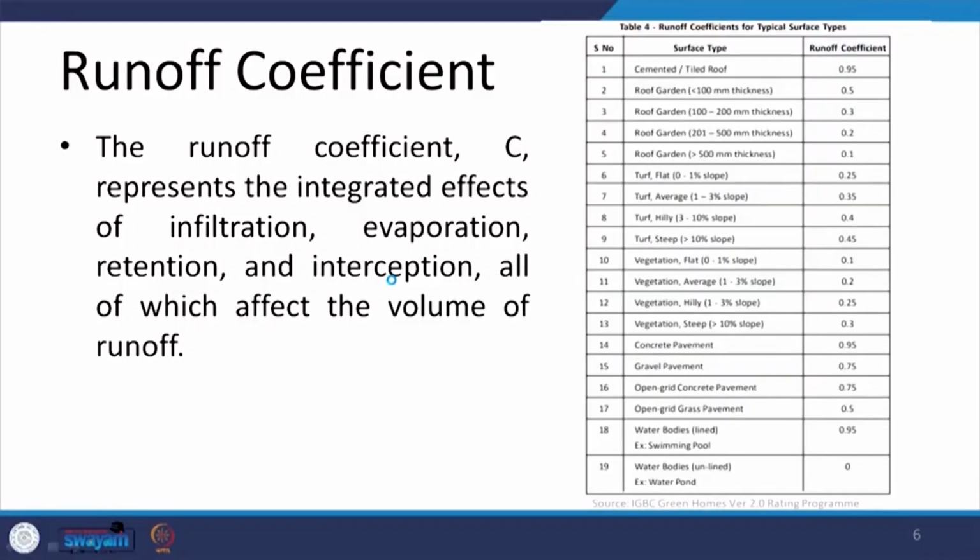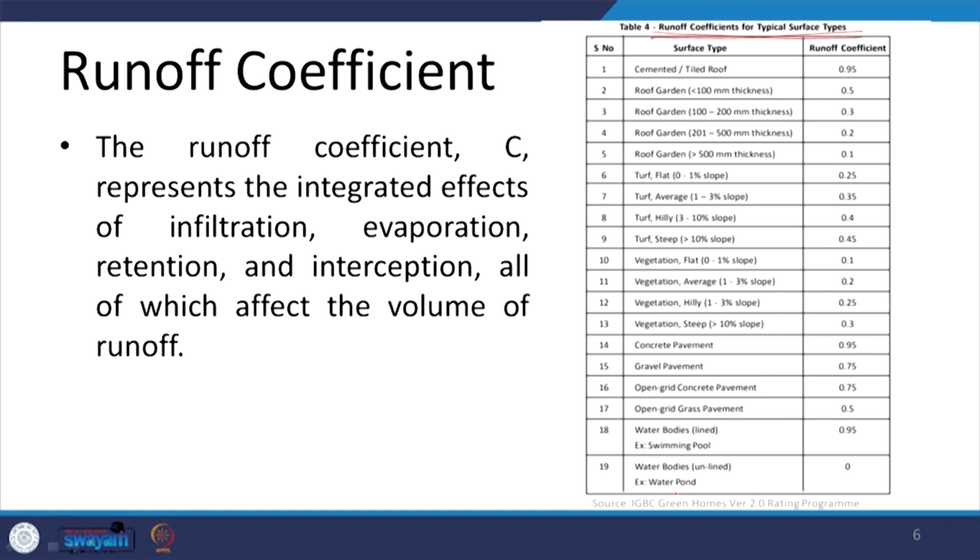When we are talking about the materials, we are concerned about the property of these materials, which is called runoff coefficient. Now, this table gives the typical runoff coefficients for these different types of surfaces, different types of surface